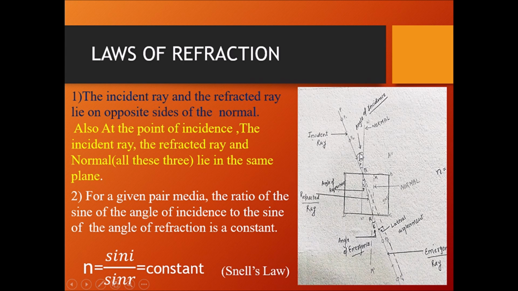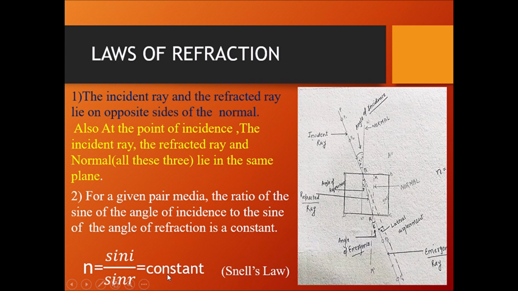What do I mean? Suppose you take the values of sin i and sin r and you divide them, and you get 1.5. Sin i upon sin r, you divide it and you get the value 1.5. Suppose you change i, obviously r will change automatically. Again, if you divide sin i upon sin r, you will get the same value, 1.5. Again you change i, r will change, again you divide, you will get the same value. Each and every time you will get the same value, 1.5.